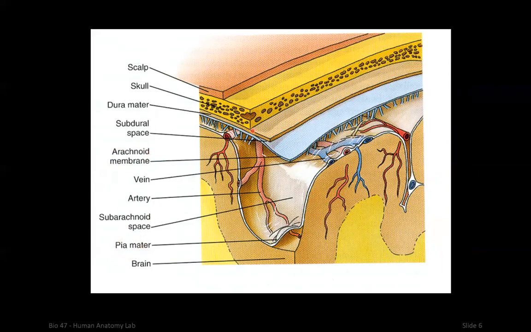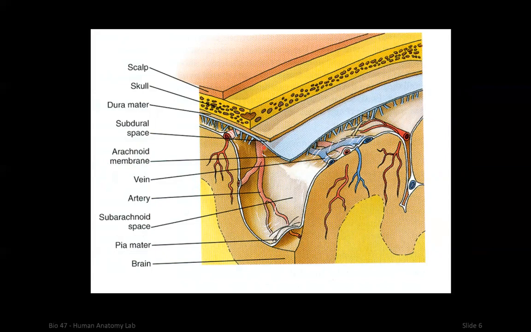So the dura mater is shown here. It's called the tough mother. It's the outermost, and it's the thickest, the most protective, and within the cranium, it's mostly fused to the periosteum